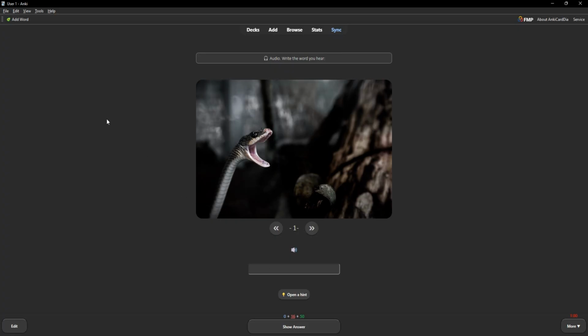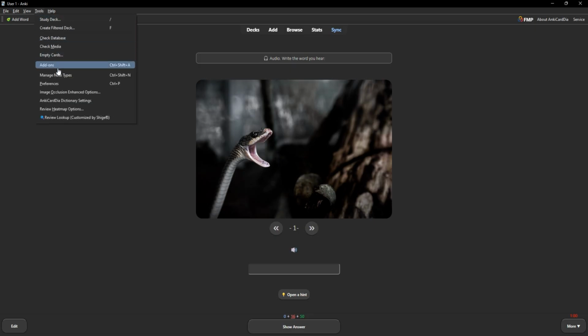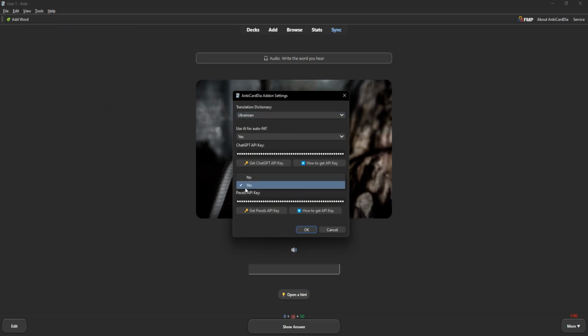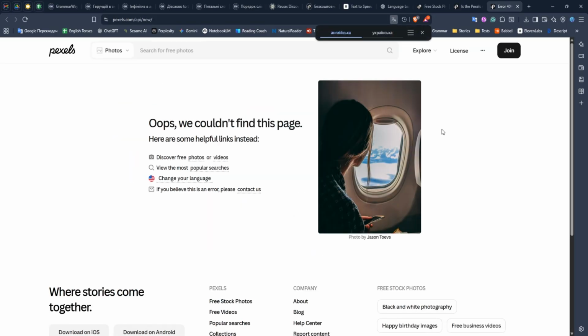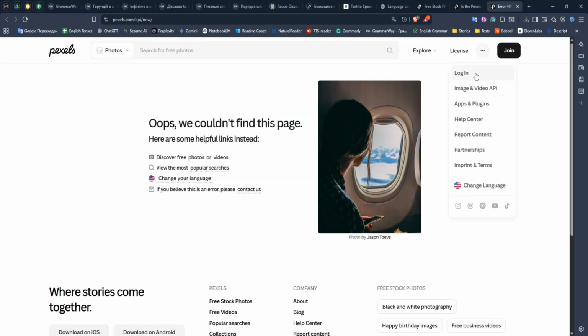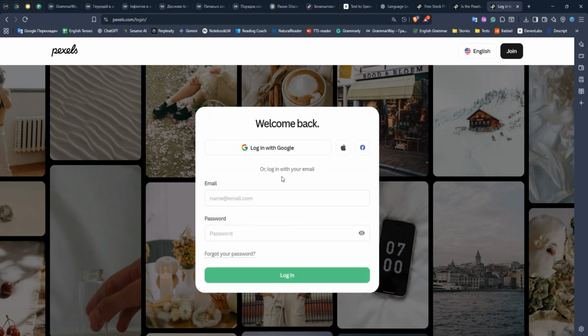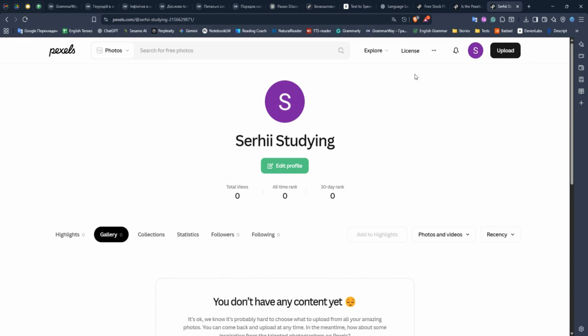In the Anki application, go to Tools, AnkiCardDia Dictionary Settings. Enable image downloads by switching to Yes. Then click the Get Pexels API key button. If you don't have a Pexels account yet, simply register. It's free. Once you've logged in, open the Image and Video API section from the drop-down menu, the three-dot icon